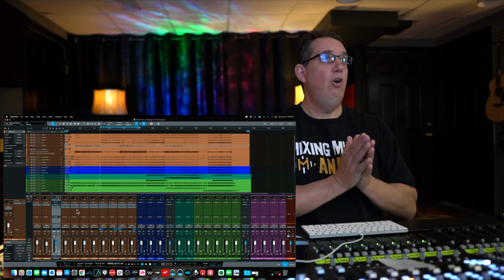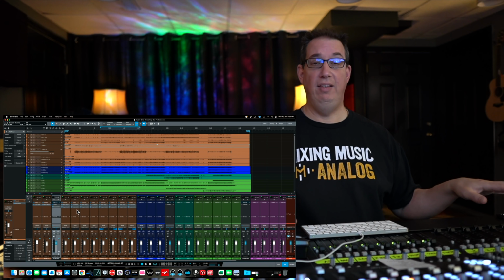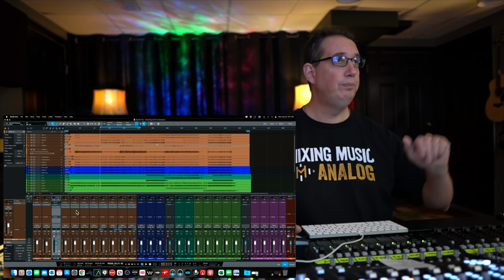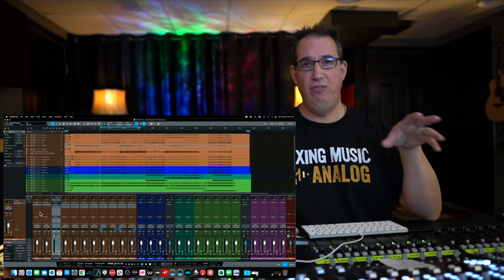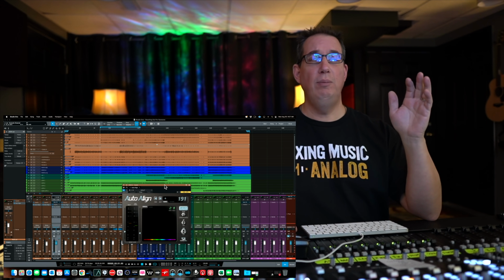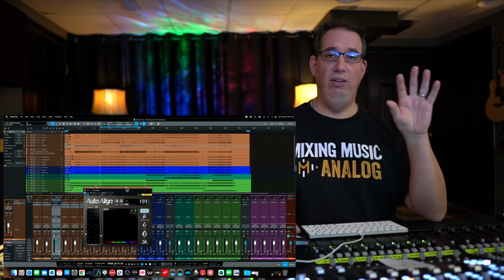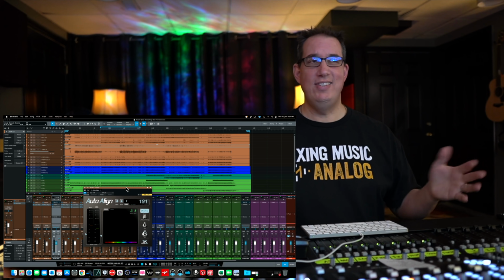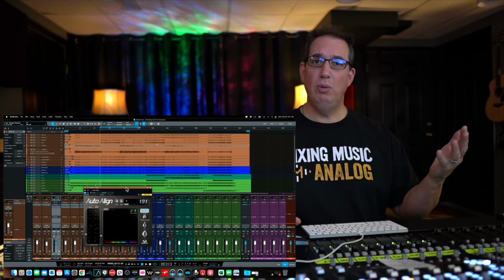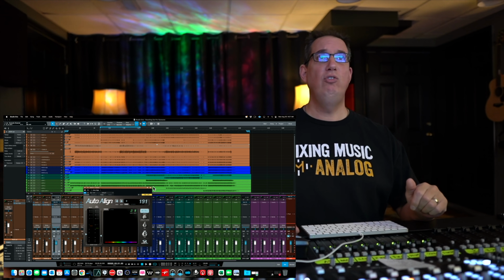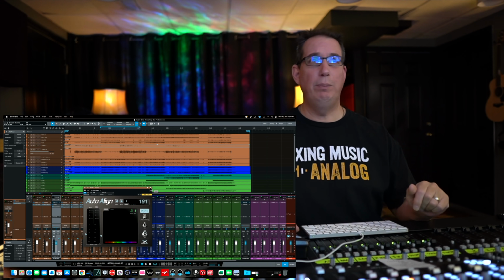So now in the DAW, before I bring anything out to the board and actually start doing anything with the on-board EQ, the first thing I want to do is check phase. I'm using Auto Align here, which I've already done off camera, to do any phase correction that we needed to do with these drums. If you guys want to see a full tutorial on how to use Auto Align and check for phase, you can leave comments below and I'll do that for you. Just let me know if you want to see that kind of plug-in demo.